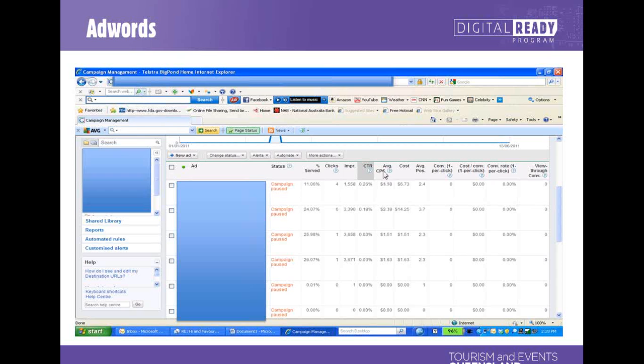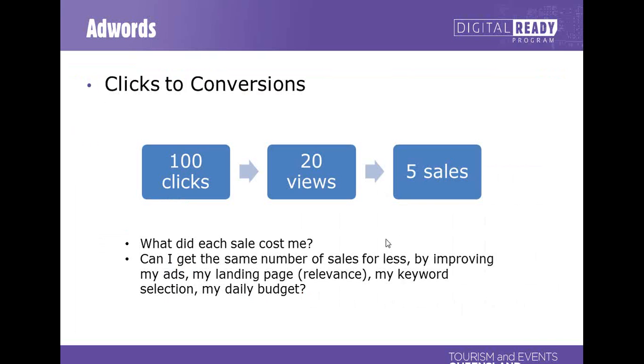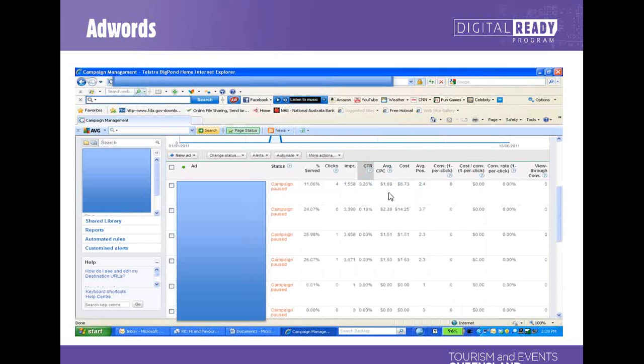Another important metric is the average CPC, cost per click. So how much did each click cost you to get? And obviously this is the metric that you want to get as low as possible. Oh, sorry, because it means you're spending less money to get a click through. Provided that obviously it's also converting. There's no point in getting lovely cheap clicks to your site if no one's actually buying anything. So take it in measure with your conversion per click as well, which we haven't set up in this one, but you can set it up for yourself and check, of the people that click through, how much did it cost me and how many actually bought something.